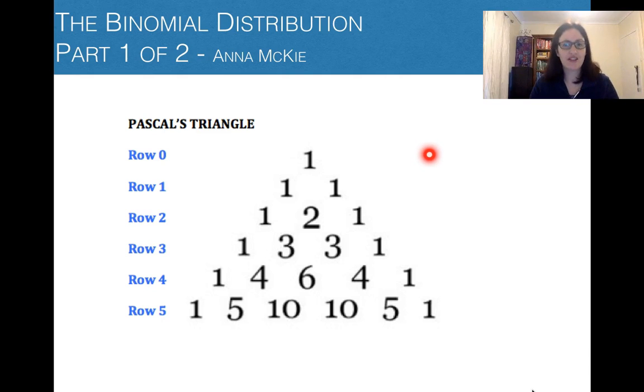So here we have Pascal's triangle and the different rows involved here. As you hopefully remember, you gain each number by adding the two above. So for example, this 6 would be calculated by adding the 3 and the 3 that are diagonally above, with 1s on the end. These numbers end up being the coefficients of certain things that we're about to work out. So moving on,